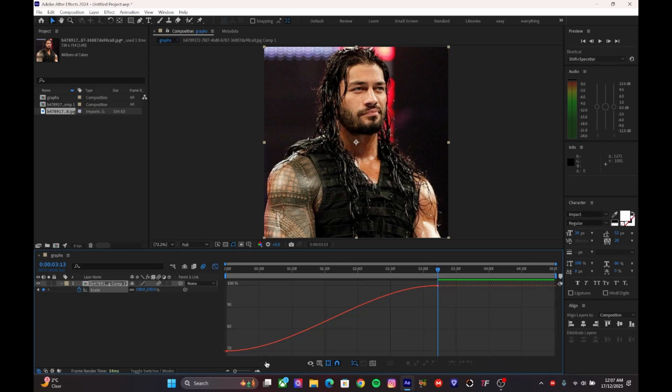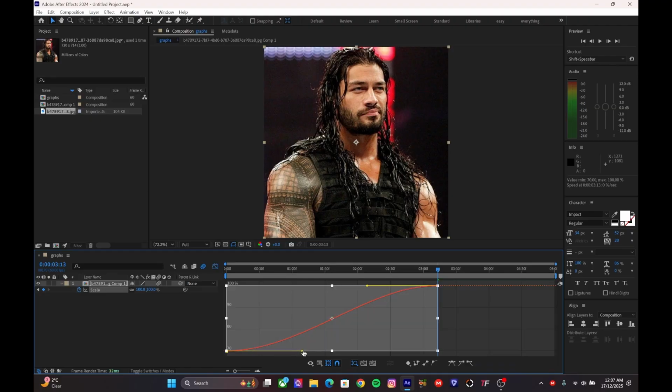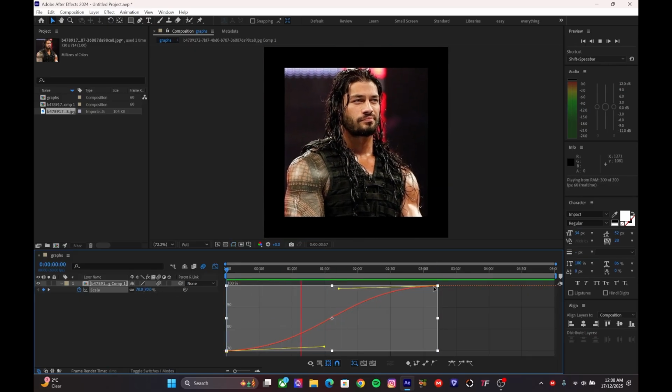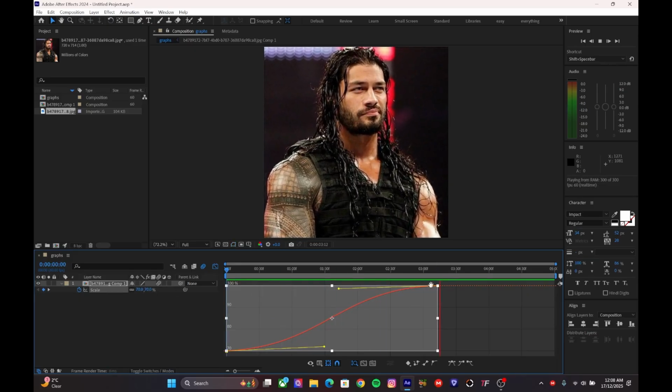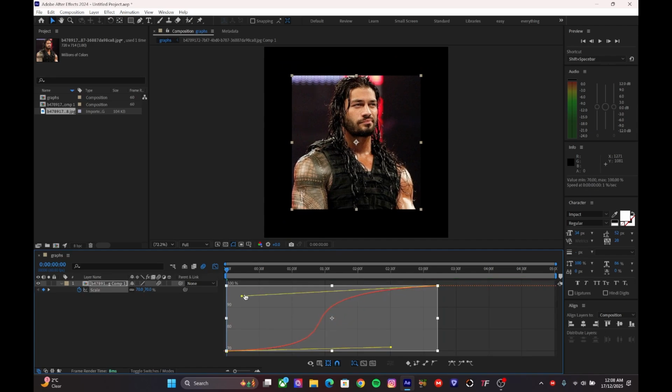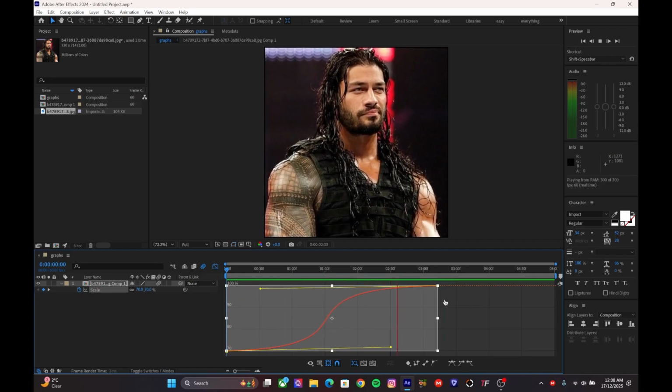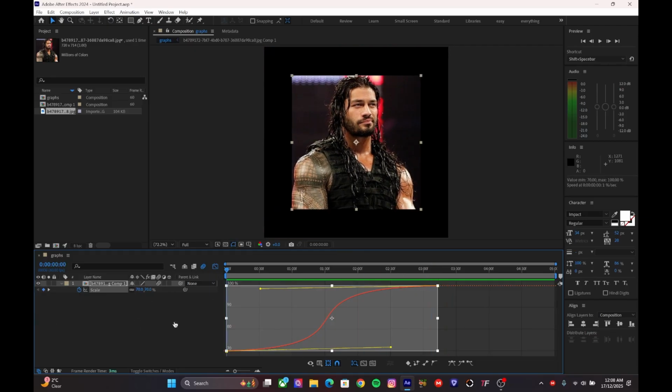Gonna easy ease it, and then here, instead of going this way, I'm gonna go here, about here, and then drag this all the way to about here, and then you've got this type of keyframe. Pull it a bit more, like I said, each to their own, depends how you want it. Got that, a nice inward like that, or